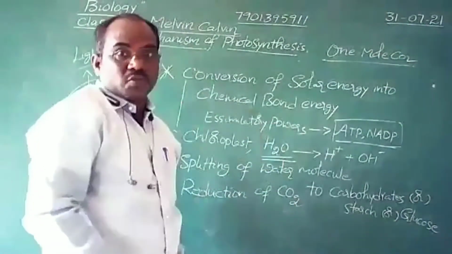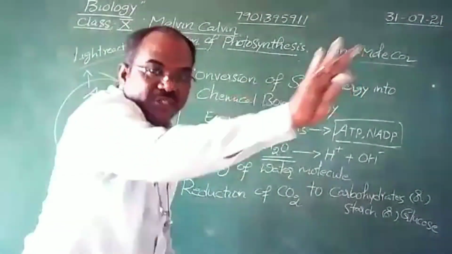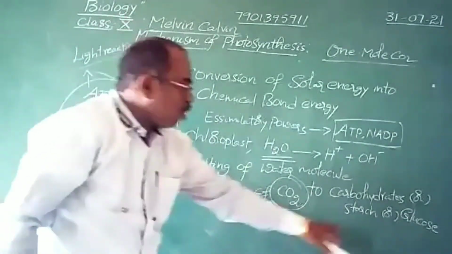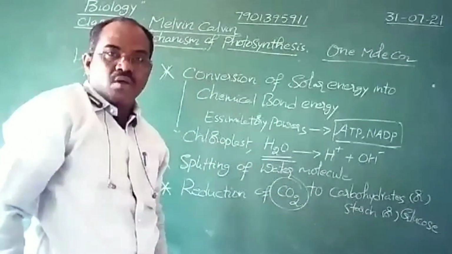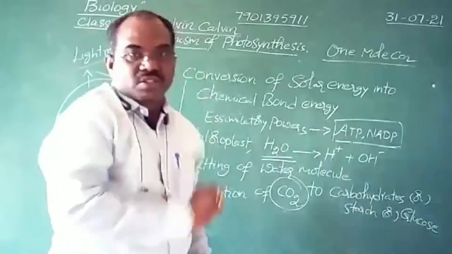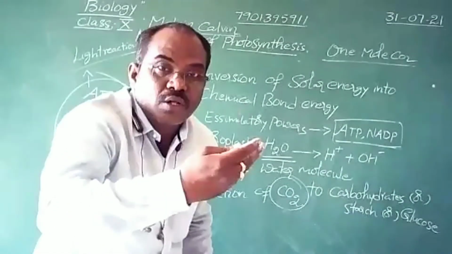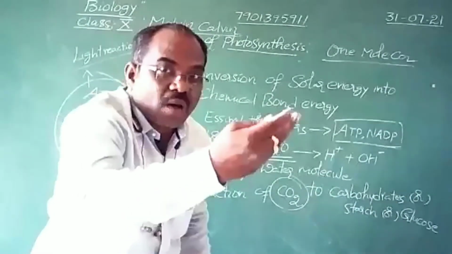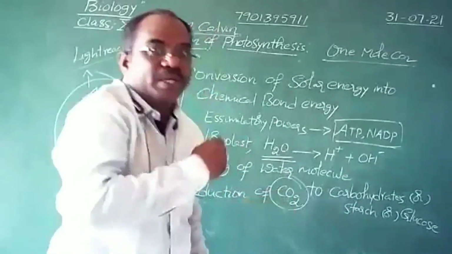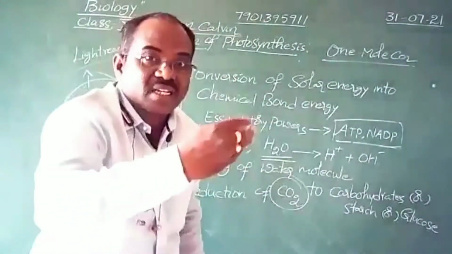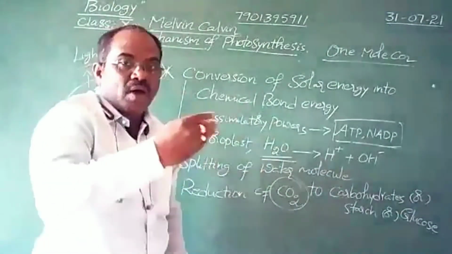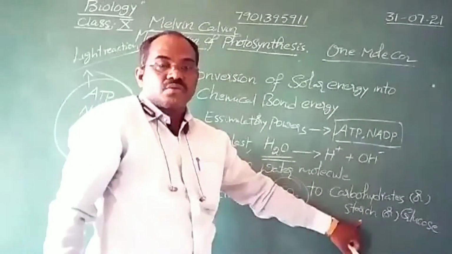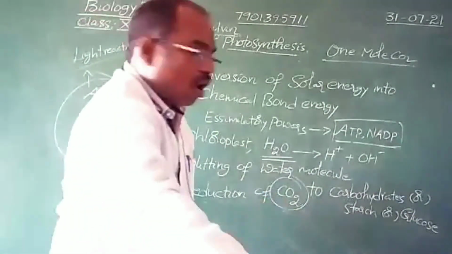During dark reaction process, light is absent. Carbon dioxide plays a major role for the formation of starch or glucose. One molecule of carbon dioxide is converted into ribulose 1,5-diphosphate. Ribulose 1,5-diphosphate is converted into 2-PGA. It is an unstable compound. Finally, it spontaneously breaks down and is formed into starch or glucose. So, one molecule of carbon dioxide